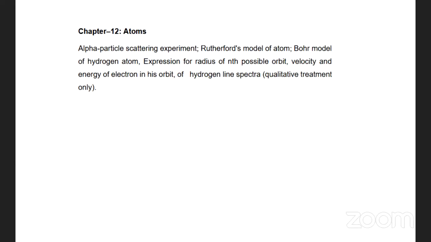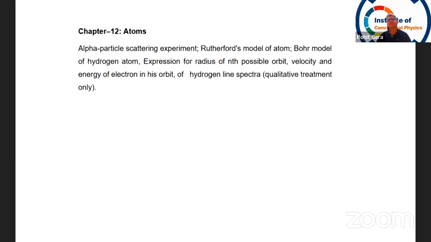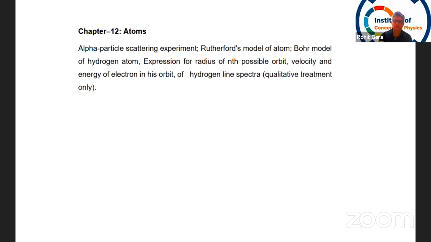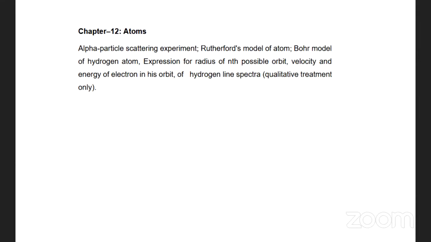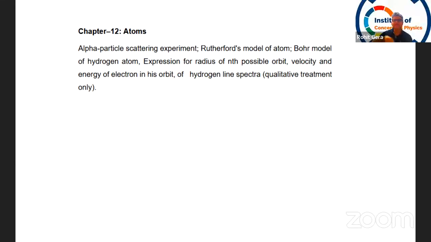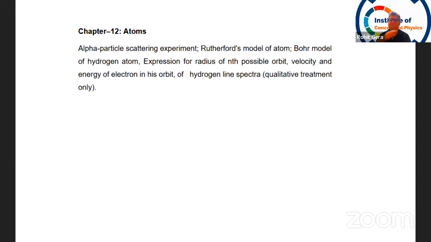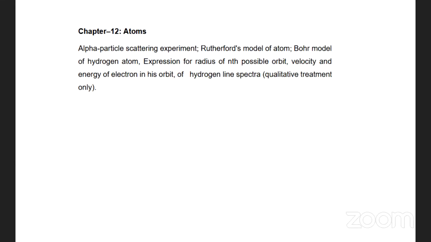So the observation is most of the alpha particles will go straight. Okay, so there will be no deviation. They go straight through the foil, which means even though you had a positive charge at the center of the gold atom, most of the atom was empty. So from that empty space, the alpha particles passed. Some alpha particles were deflected at small angles like this because of the force of repulsion, and very, very few alpha particles, a very small fraction, go directly to the nucleus,